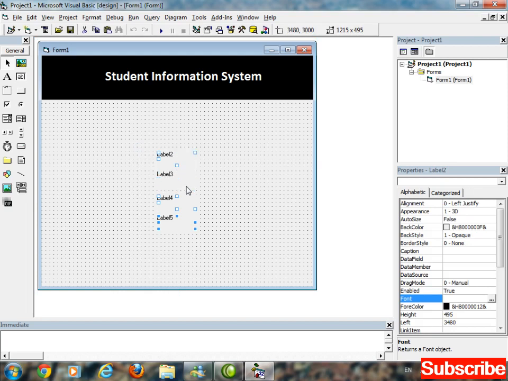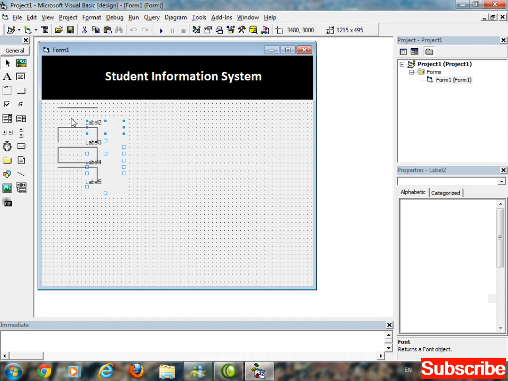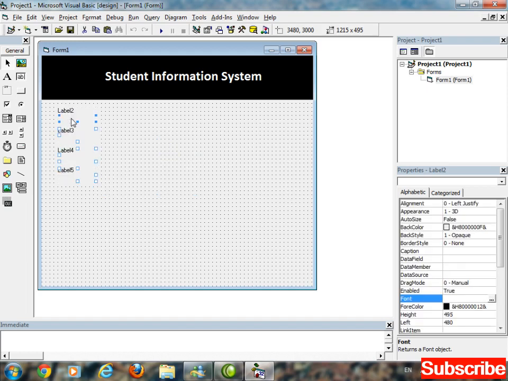And now you can move. Change the auto size property.